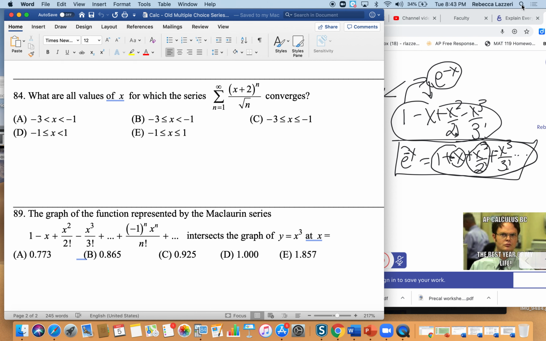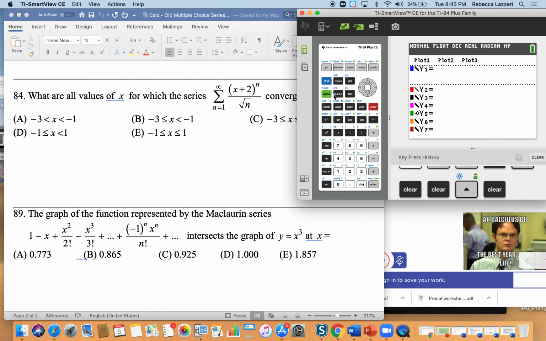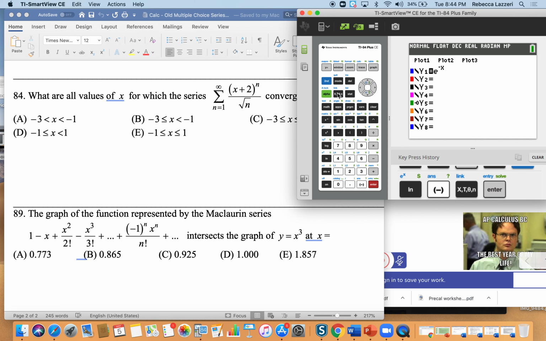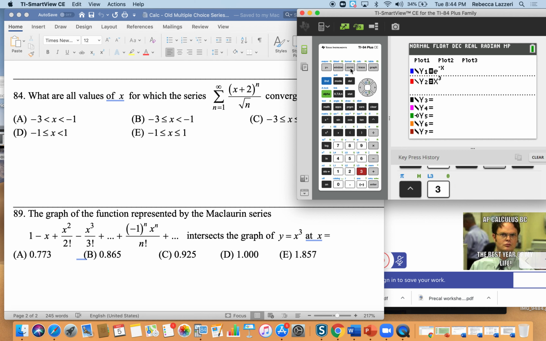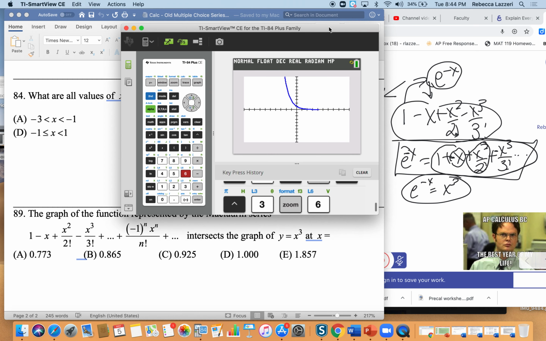And so I'm going to go to my calculator. I'm going to write on my page. I want to see where e to the negative x equals x to the third. And so I'm going to go to my calculator, and I'm going to have e to the negative x, and I'm going to see where it intersects x to the third. I'll just look at it on the standard viewing window first and do calc intersect. But you want to establish this first. So that's e to the negative x, and I should be getting x cubed, and then second calc